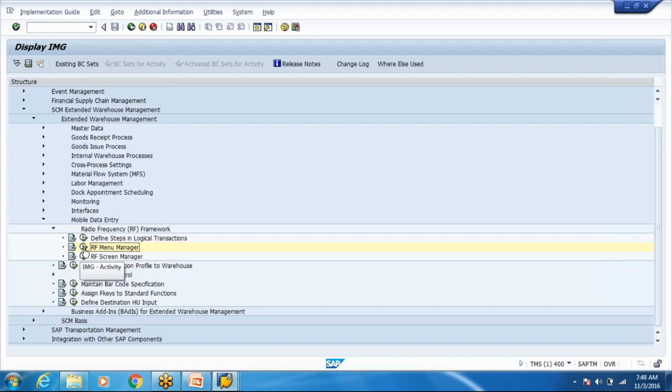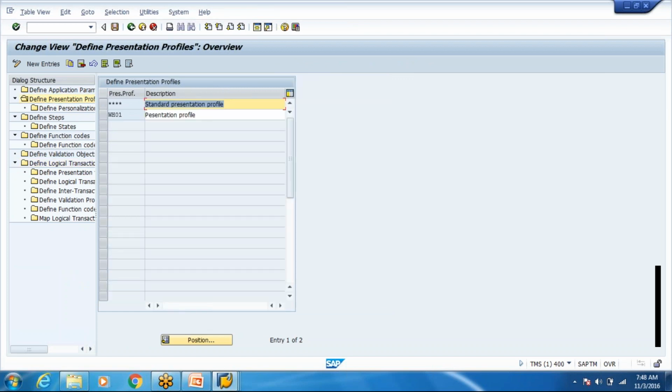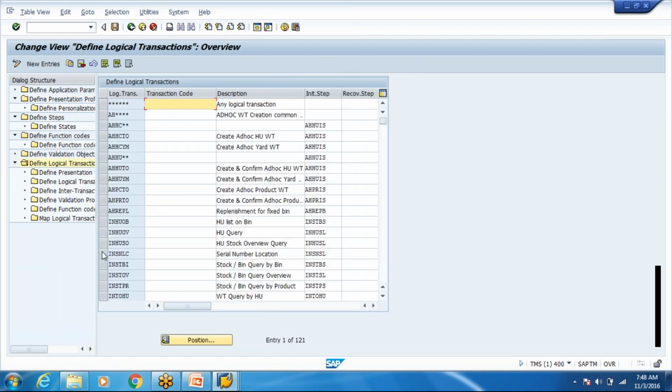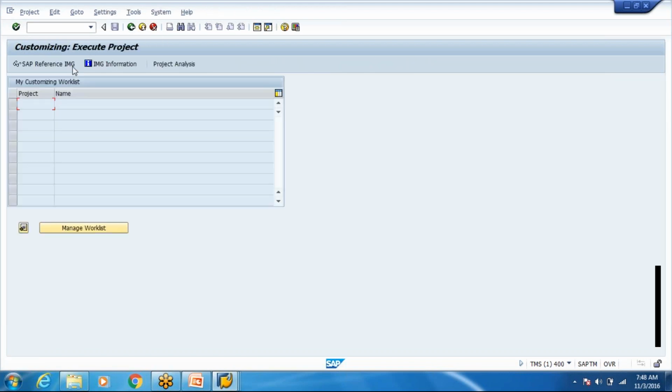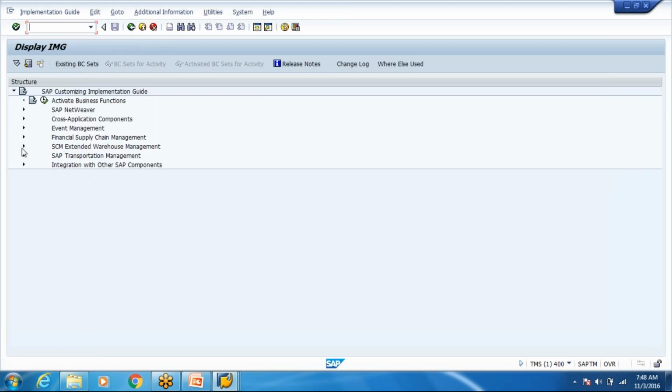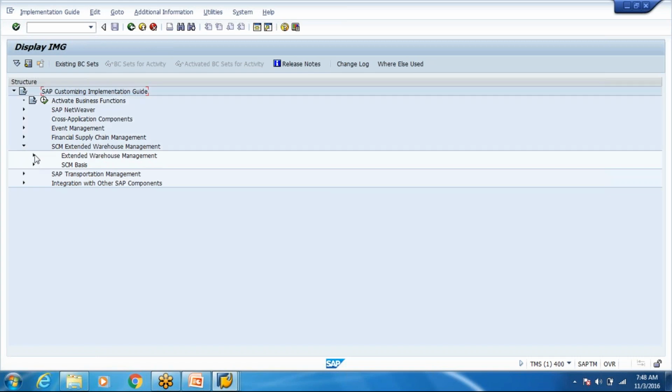You can create your own presentation profile for your own warehouse. Depending on your requirement, if you're not happy with standard, create your own. Let's say for one warehouse we created our own presentation profile. Then that presentation profile we assigned to the warehouse over here, and then we created our own personalization profile. This is just to make sure that we are not doing any changes to the standard.